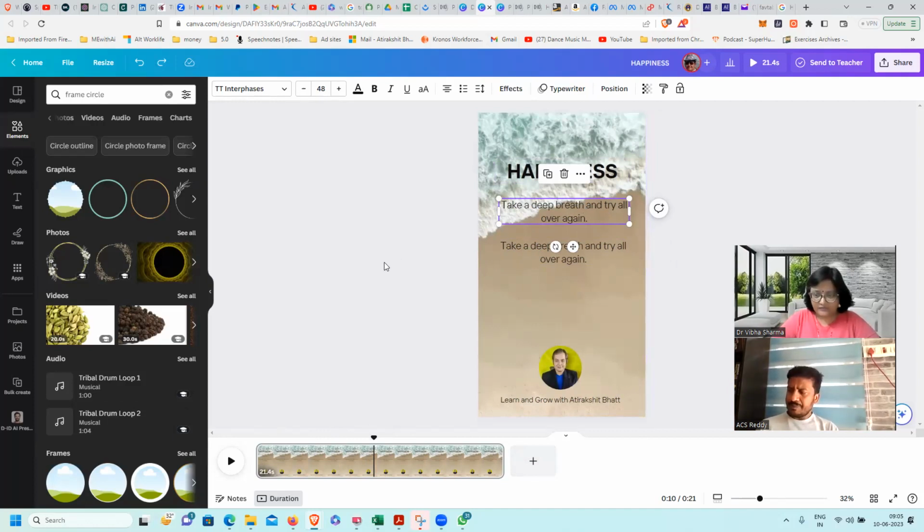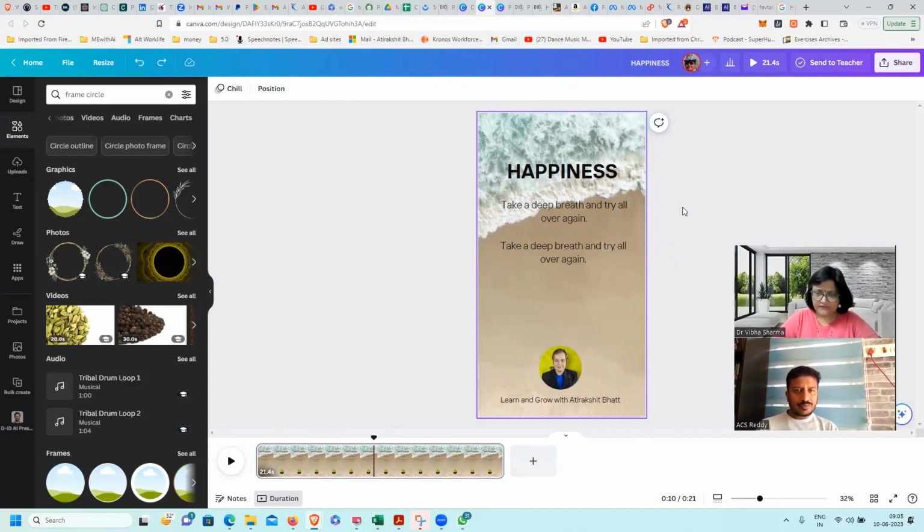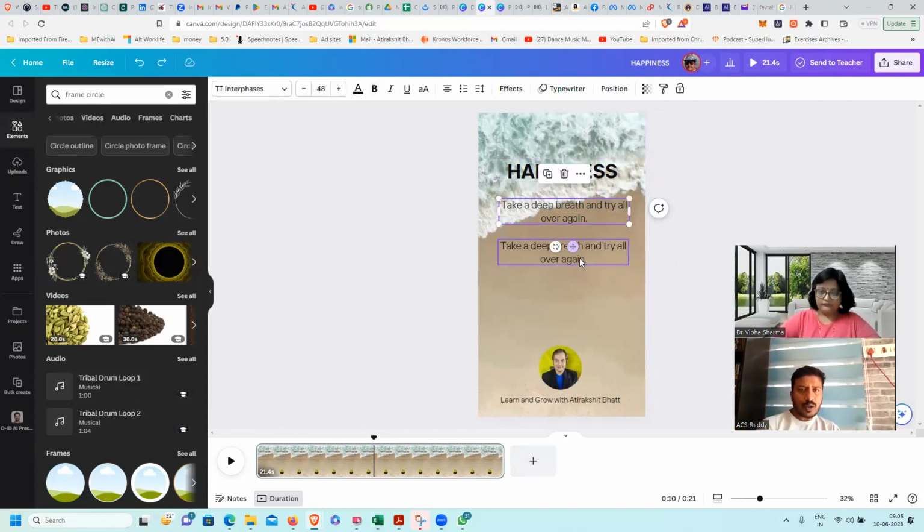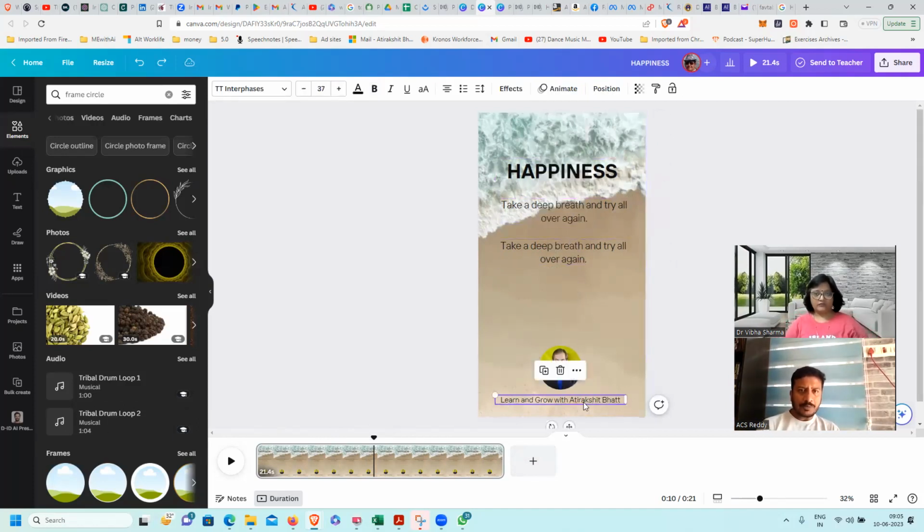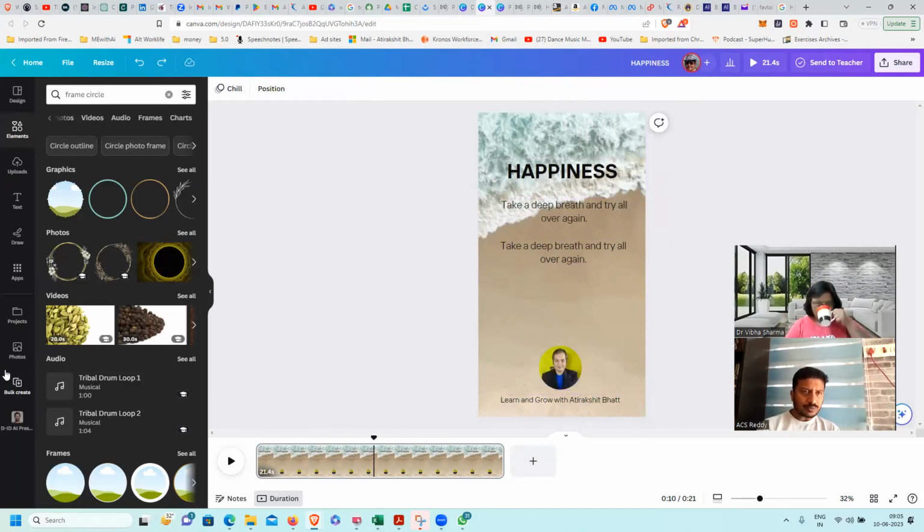Right. So for now, let's proceed with this. It will help us at least understand how we go ahead and do it, right? So what I did is, we have three parts in the Excel. I have put three texts over here, right? I have put my constant thing which I need. Now I'll go to bulk create.